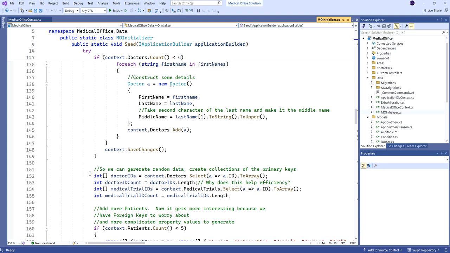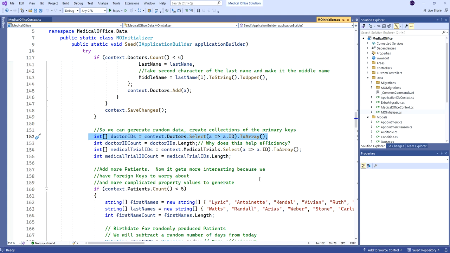And then we generated all these collections of the primary keys so that our code could pick out and use accurate, correct, database generated primary key values that actually exist, right? Okay. And then we went on to add more patients and so on. But as long as we're done adding all the doctors, and as long as we've already got this code here,